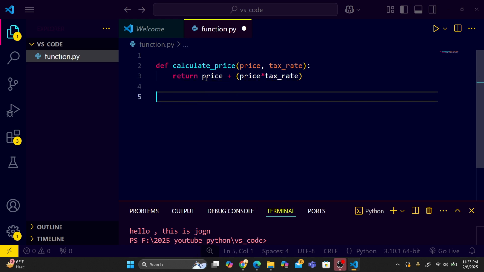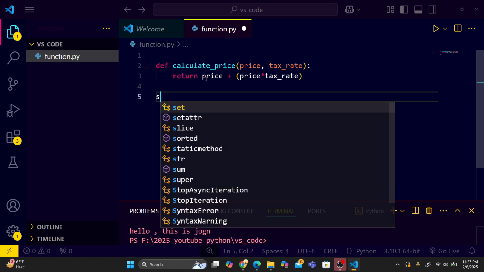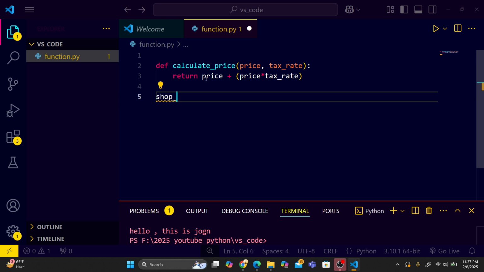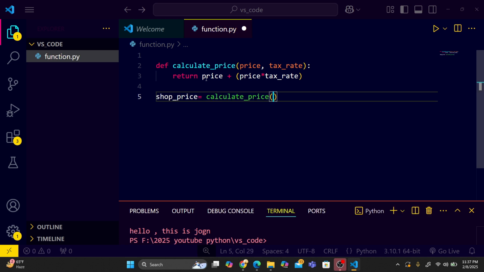The tax rate is 0.5, or whatever you like. Then define a variable, shop GST, or shop price. Actually GST is used in India. So for shop price, pass to calculate_price a price of 500, and